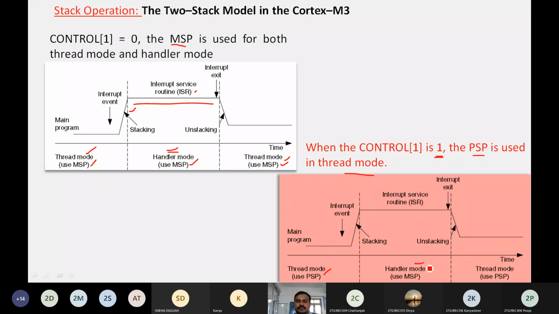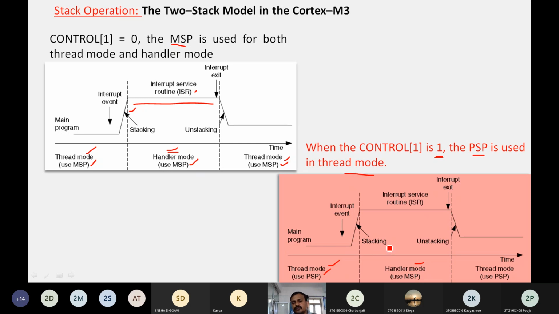In the handler mode, nothing but while executing the subroutine, there we are going to use which stack? It is the main stack. Main stack is used for handler mode. The special stack, that is nothing but the process stack, is used for execution of main program. So you can observe here, while executing main program, that is nothing but thread mode, the PSP, a special stack, is used. Once the subroutine is called, means when the interrupt event has occurred,